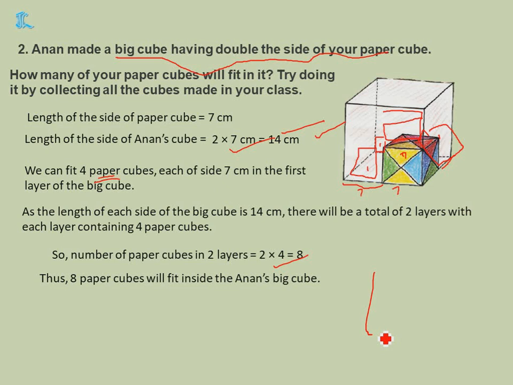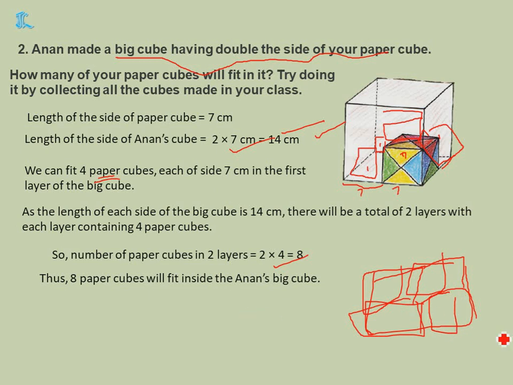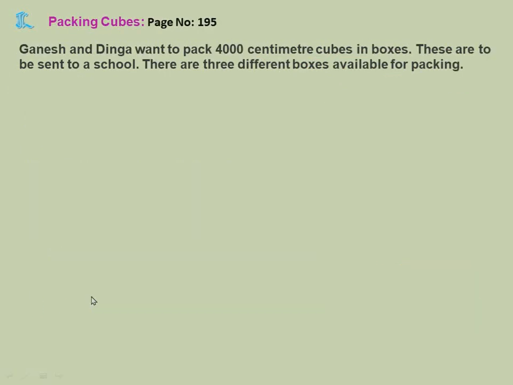Understood, children? In this box, what happened? Now this is exactly 7. Okay. Now one more 7 I can keep. Similarly that side, because this is 14, length is 14, na? Width is also the same, 14. So I can keep one more. Again one more center top layer I can place. On top one more I'll place, on top one more I'll place. So totally how many did I place? Down 4, top 4. So 2 into 4, 8. Thus 8 paper cubes will sit inside Anand's paper cube.